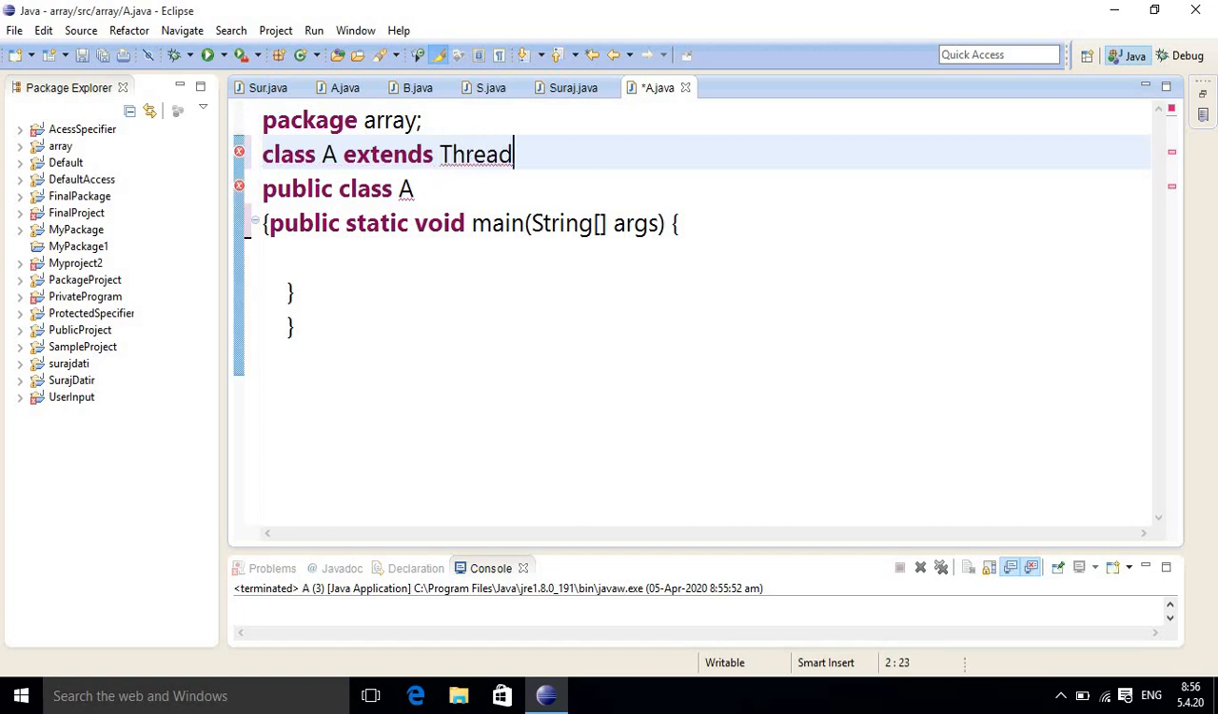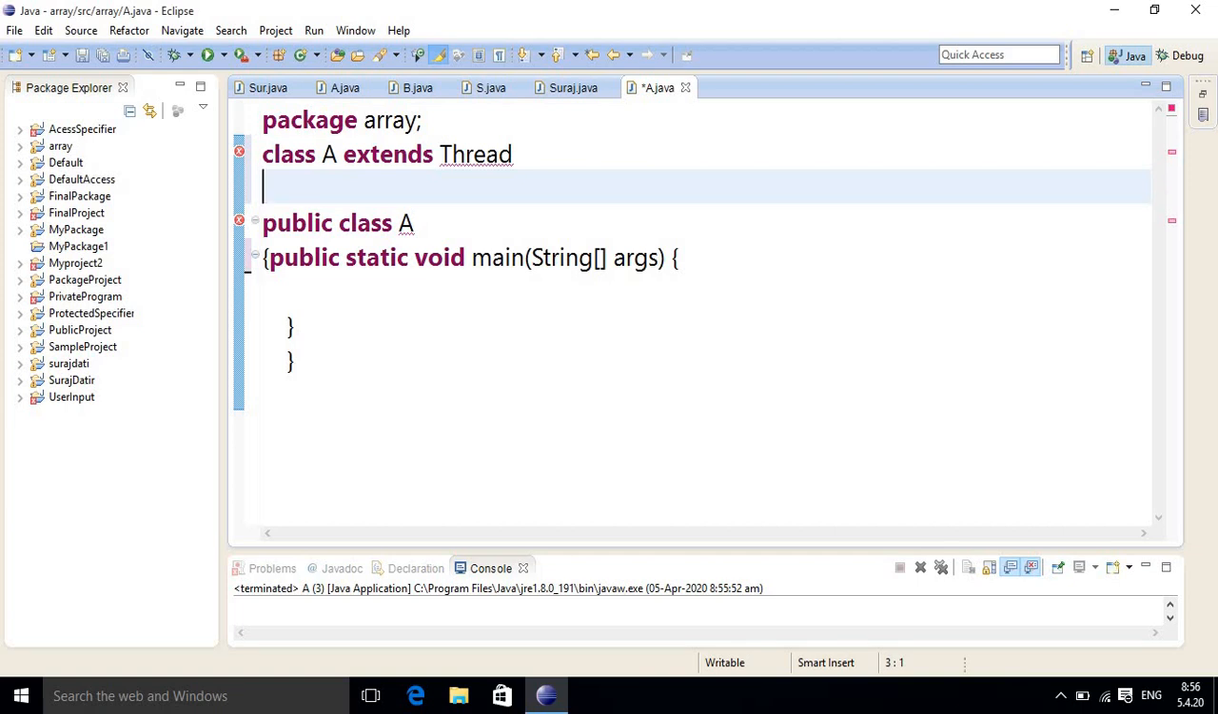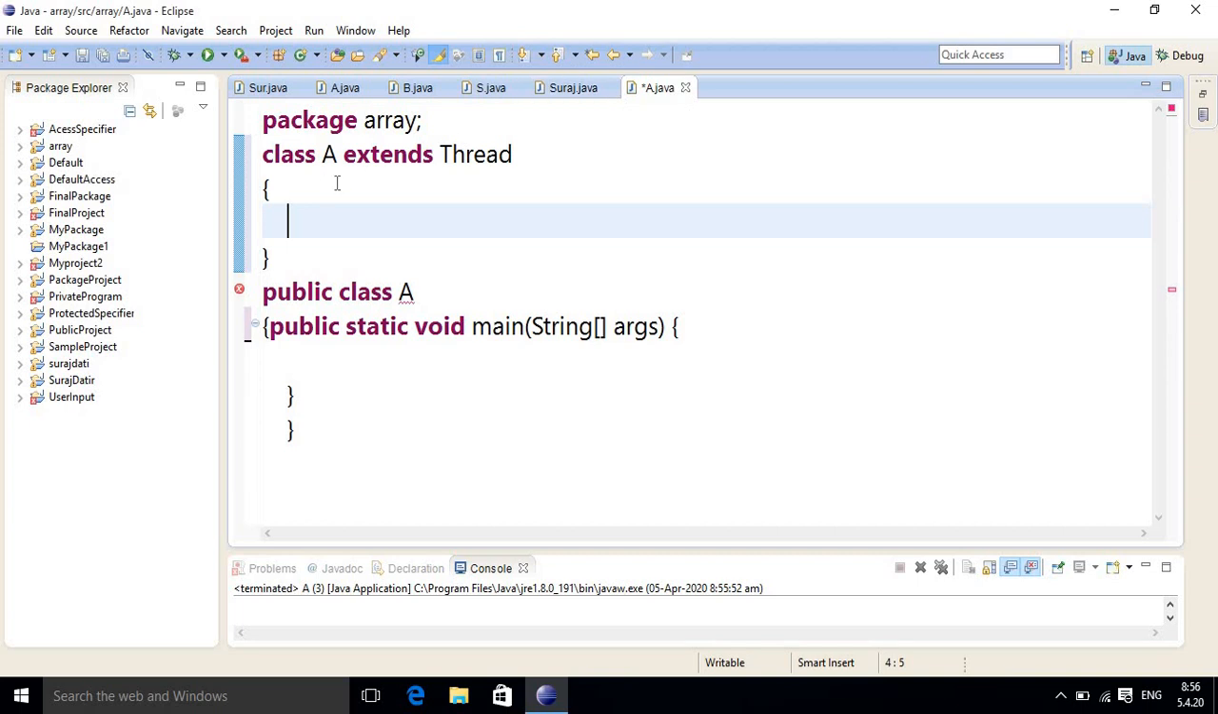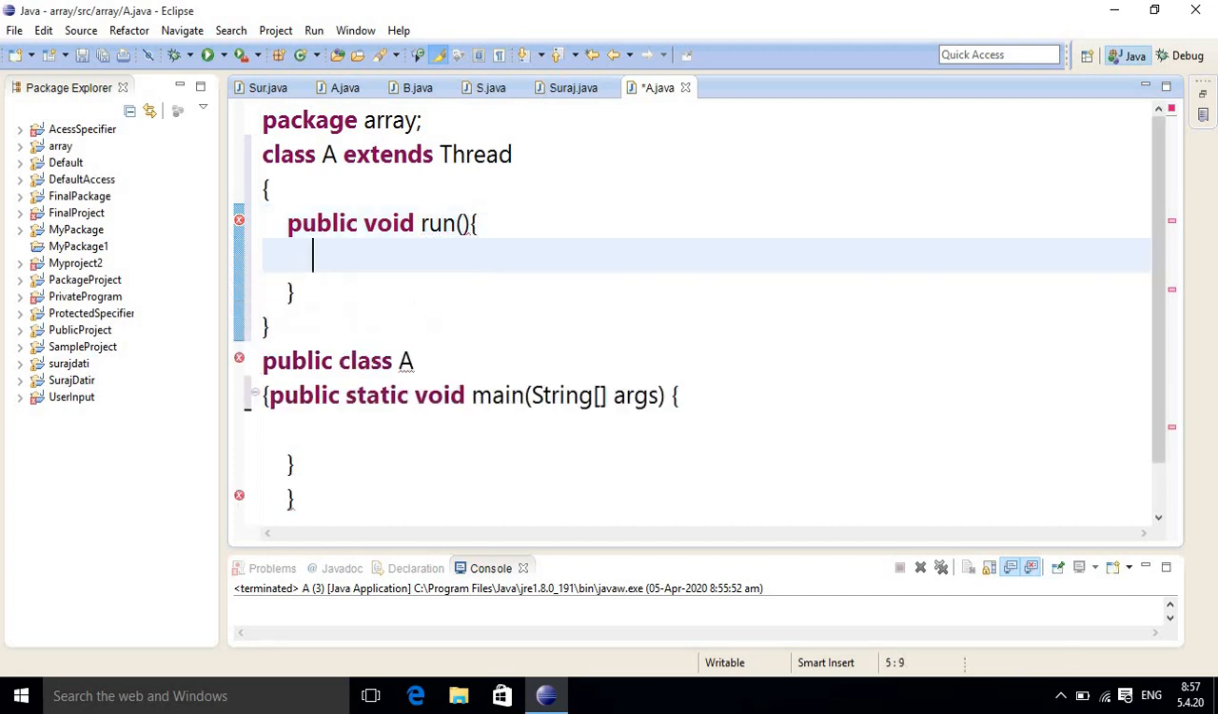Now you are already aware of how to create a thread. If you don't know, please see my previous tutorials. So this is my class A, which extends from Thread. After that you have to use the run method in the program. So this is my run method, and inside it we should put the code. So here I am writing Thread A,